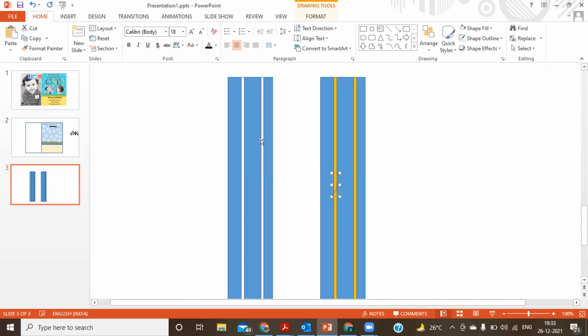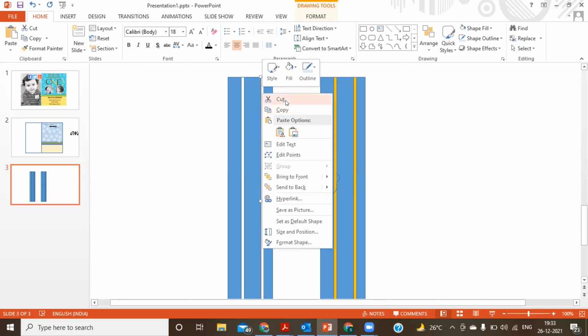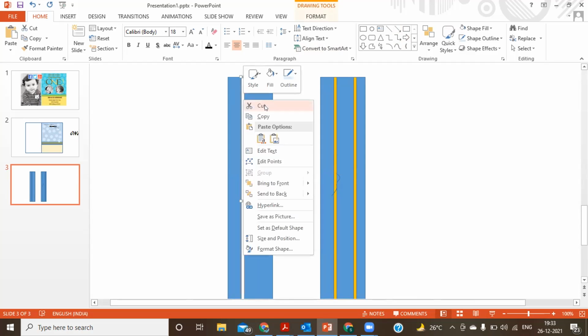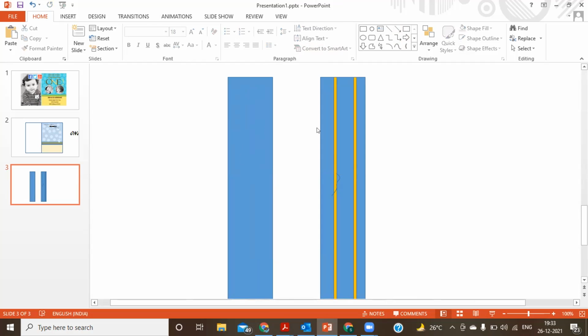But that is not the only thing that gives you the best solution. What you have to do is, you need not remove these particular things. Keep your solid as it is and bring your 1D element here.